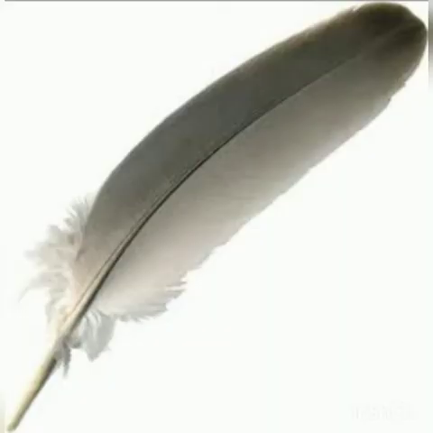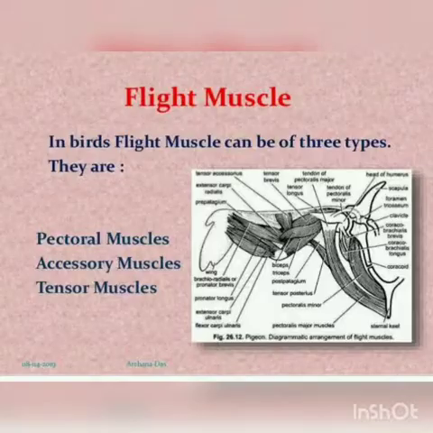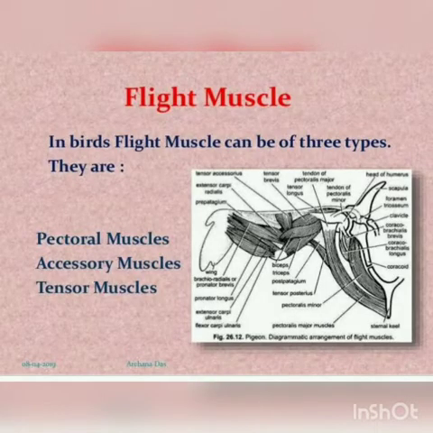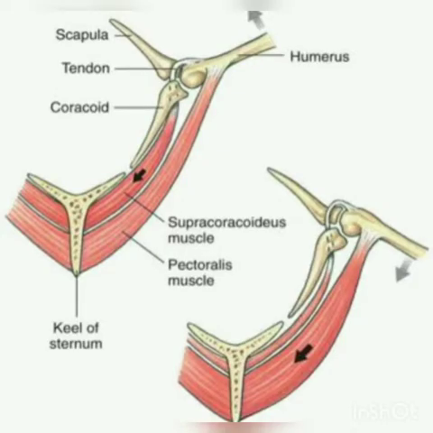And you have to go through the structure of quill feather. You have to draw the diagram and write the explanation for this structure of quill feather. And next is the flight muscles. How the flight muscles are helpful for a bird to fly. What are the different types of flight muscles? Pectoralis major and pectoralis minor are there, and there is also another muscle called coracobrachialis, which is helpful for pulling the wings down and to rotate the wings during the flight.